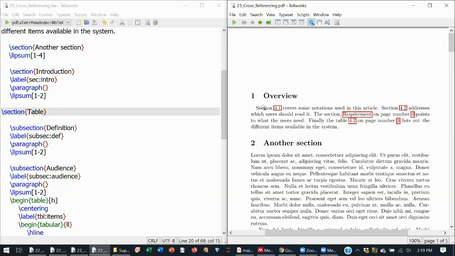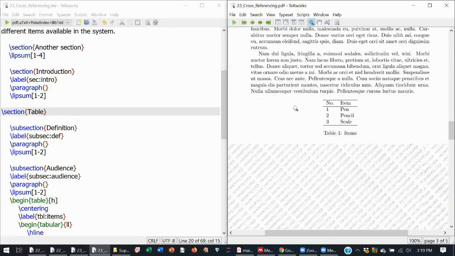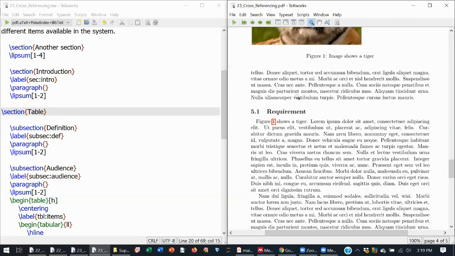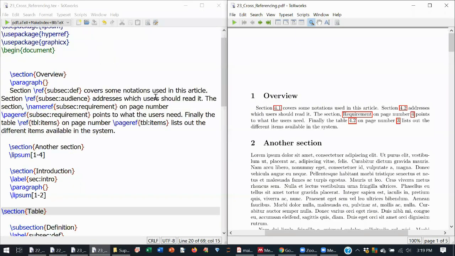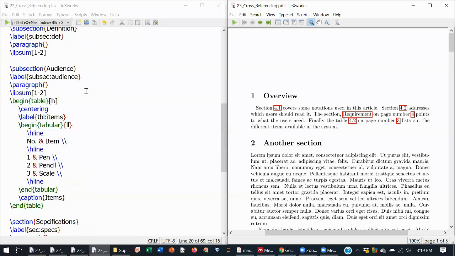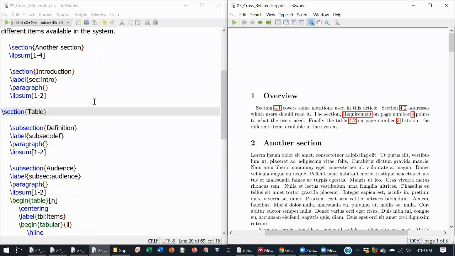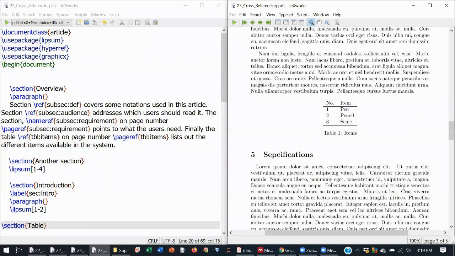But if you are doing it in Word, if you delete an image in between, you have to restart numbering from first to last. Even in the table of contents, you have to change the page numbers. Even in the list of figures, you have to change the page number as well as the figure number. So everywhere you will have to change. But in case of LaTeX, you don't have to do these things. Those kinds of advantages are there when you are using LaTeX. So this way you can cross refer.